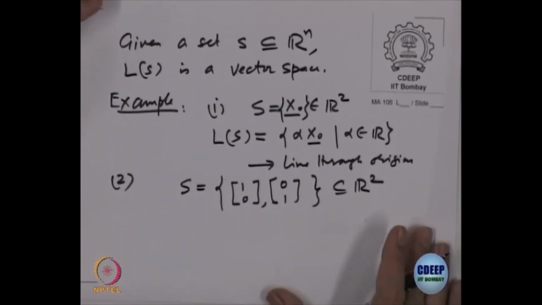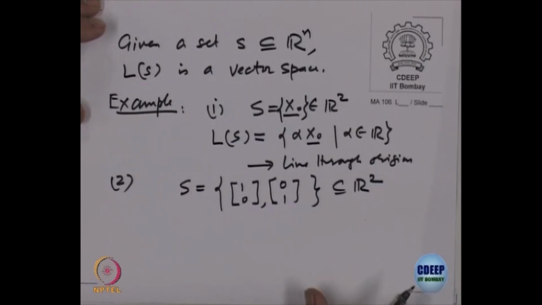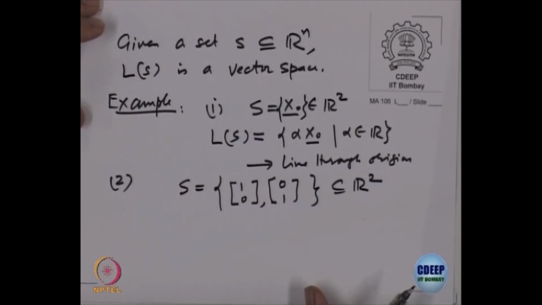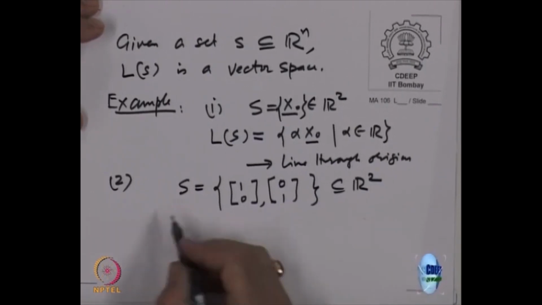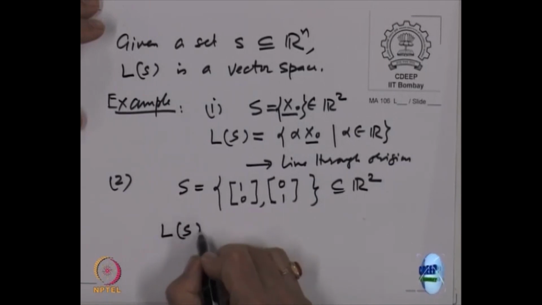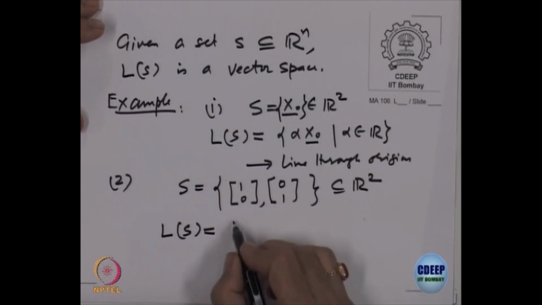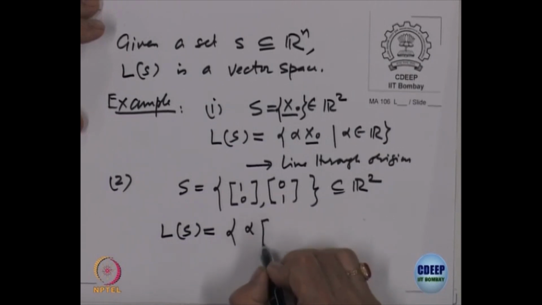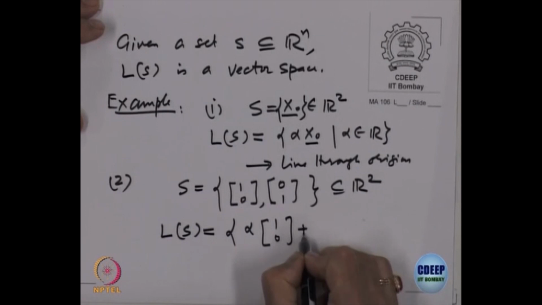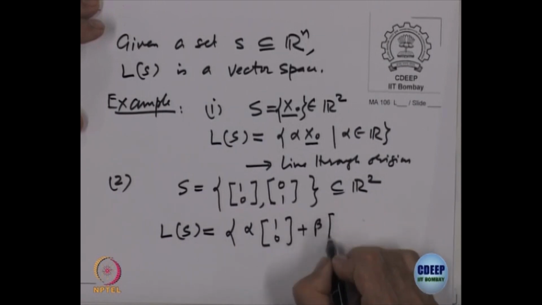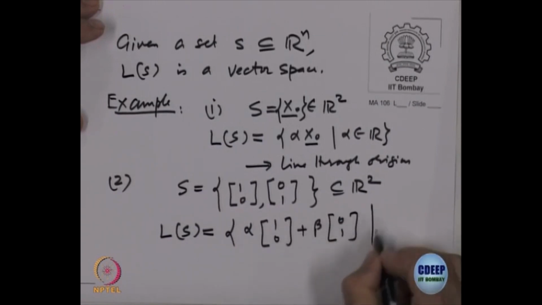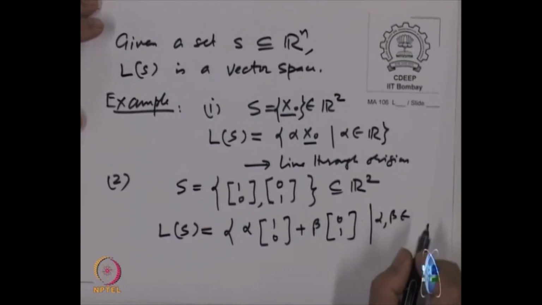So, I am taking two vectors 1 0 and 0 1, right. So, what is L S? It should be alpha times 1 0 plus beta times 0 1, where alpha and beta both belong to R,